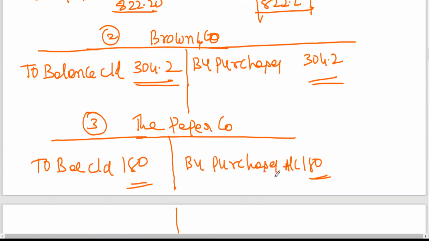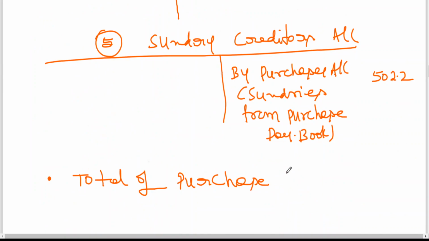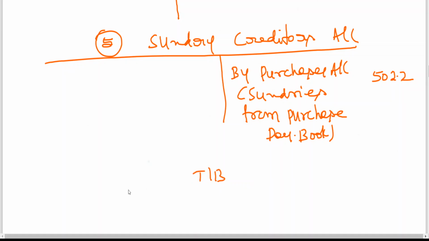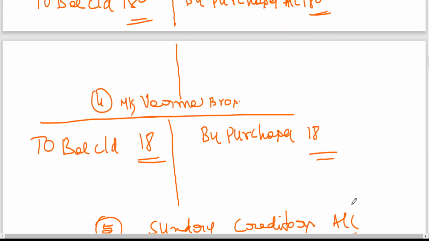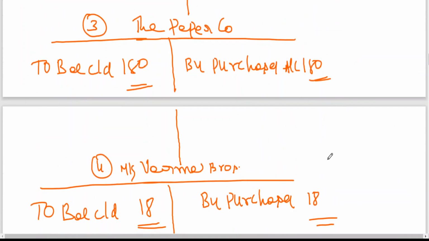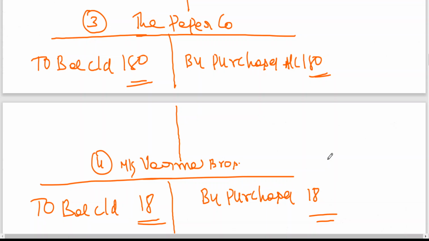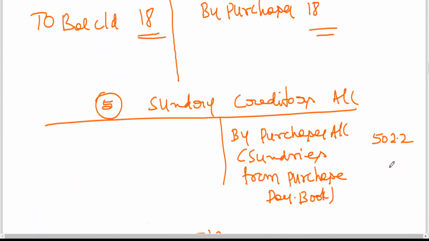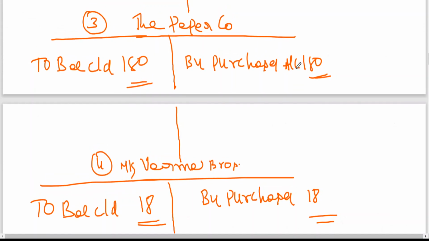That information, just let me give you. And if that is the case, suppose I want to prepare a trial balance, before I go into this, I'll tell you later on. Suppose I want to go for a trial balance from this, excluding cash purchases. If I want to go for a trial balance excluding cash purchases, tell me, it's 502.2. You go for adding the individual creditors: 304.2 plus 180 plus 18. It is 502.2, no? So how many accounts are showing credit balance?